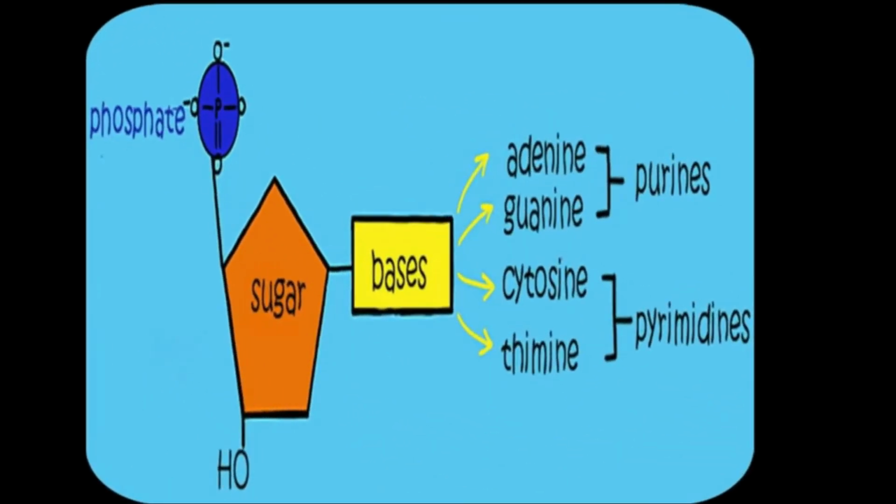Coming to the specific base pairing, we already saw the nitrogenous bases: adenine, guanine, thymine, and cytosine. There is a specific base pairing between these molecules. Adenine always pairs with thymine and cytosine always pairs with guanine. They cannot be exchanged. A purine always pairs with a pyrimidine. Adenine base pairs with thymine and cytosine base pairs with guanine. So this is the specific base pairing.